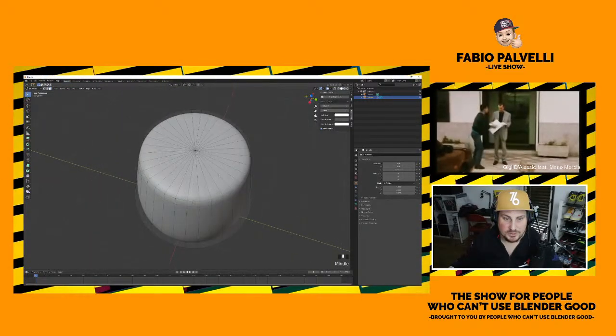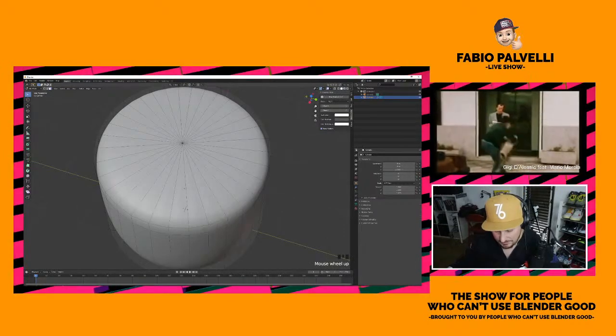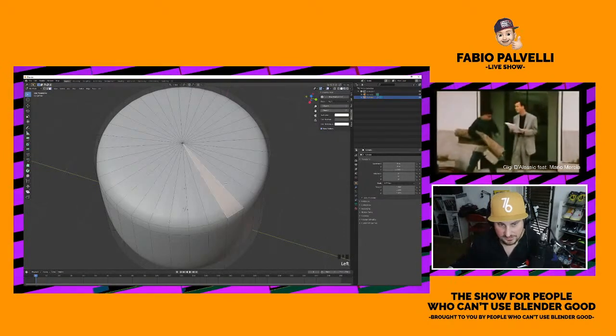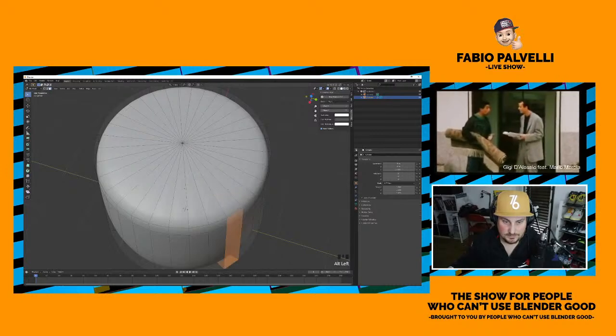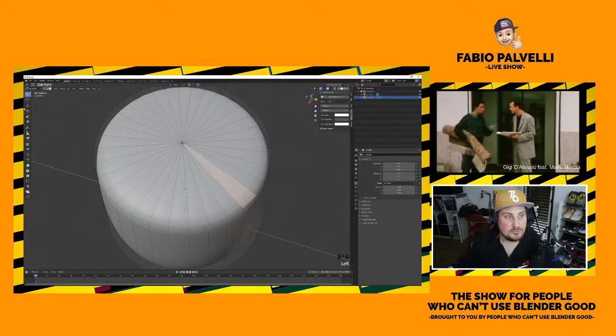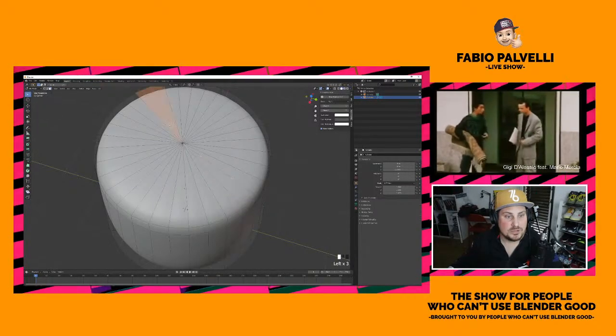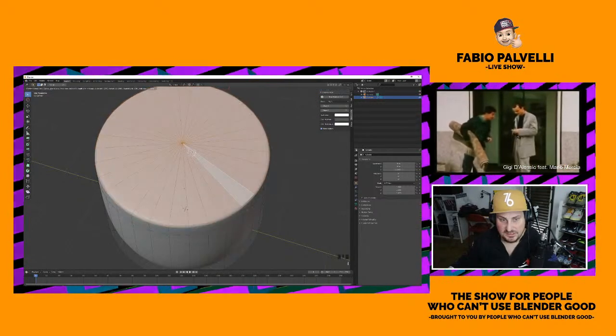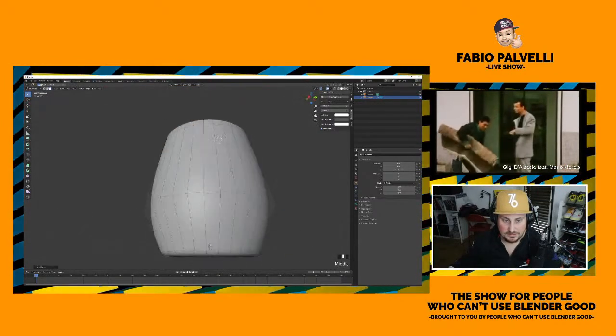Wait, let me go from the top. Actually, you know what? Let me select the faces. This doesn't allow me to select the loop. Okay, no problem. I'll just do it like this, inset, and this will give me